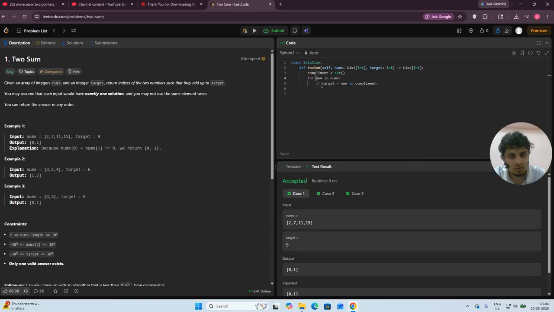Then I think we should use enumerate for that. For i comma num in nums, if target minus num in complement, return i comma